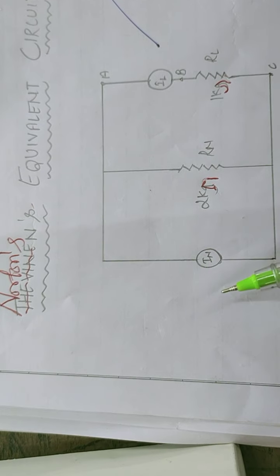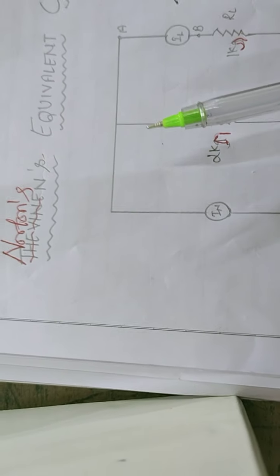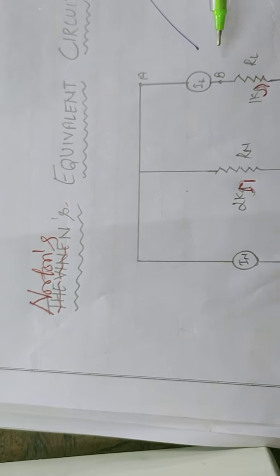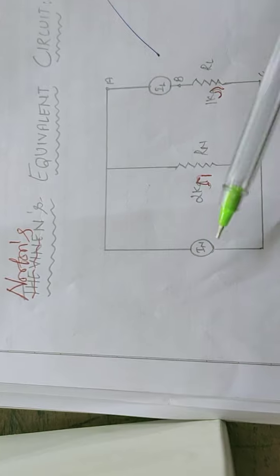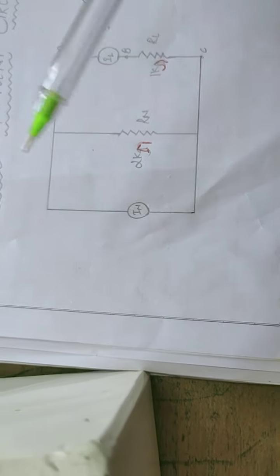This is Norton's theorem. When there are many resistors, all the resistors will be simplified to a single resistor, removing the load resistance and calculating it from behind, as you have done in Thevenin's, from your right towards your left hand. Okay. And all the energy sources will be converted to a single current source.